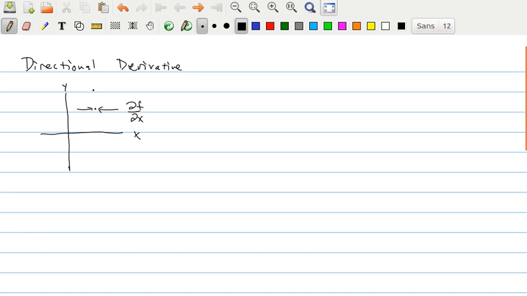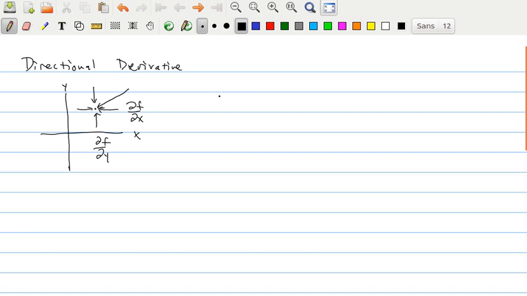Partial derivative with respect to y tells us the change as we move in along the y direction. So that would be the partial derivative of f with respect to y. It's sort of the slope as we move along in the y direction is the partial with respect to y, and the slope, the change in the altitude as we move along in the x direction is the partial with respect to x. There's nothing stopping us from moving along in some other direction. Say we come in along this direction over here, we come in along any angle,